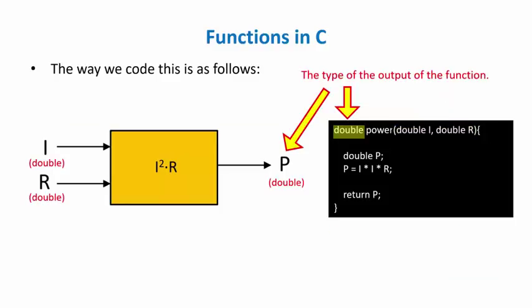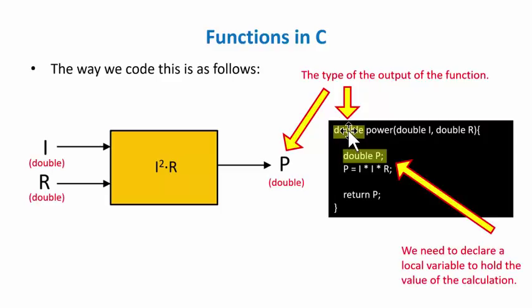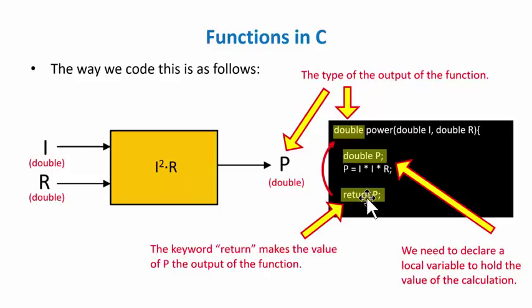Then the output, the type of the output is listed before the name of the function. Okay, and in this situation, it's going to be a double. So we actually just put the double right here, and then you're like, well, how do I know what is going to be returned? Well, the way that you do it is you are going to actually define an internal variable, and in this situation I created a double that I named P, and that alone doesn't actually do it all. What happens is that you are going to do some sort of coding, and in this situation, see how I did I times R, that did the calculation, we assigned it to P,